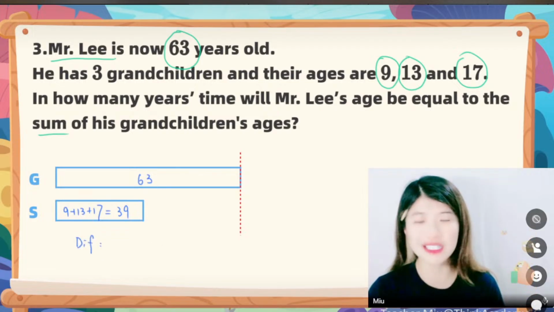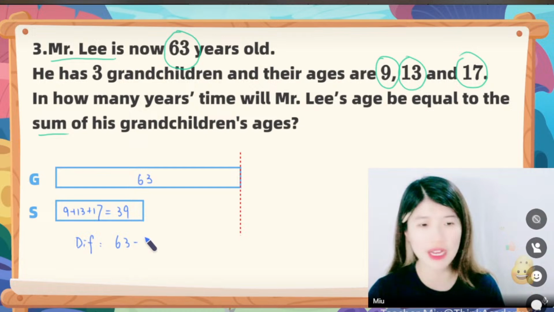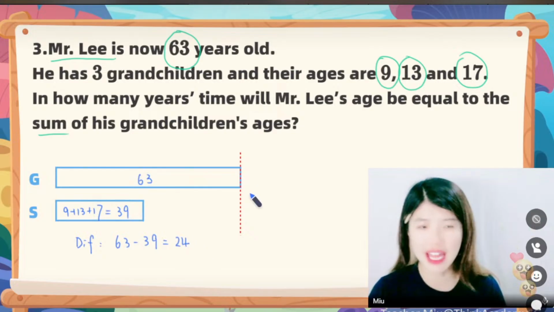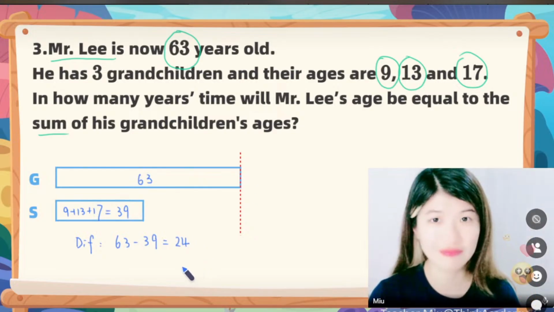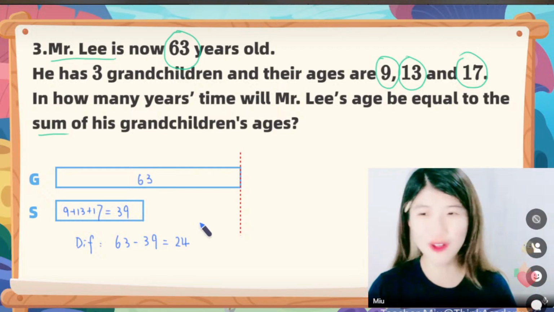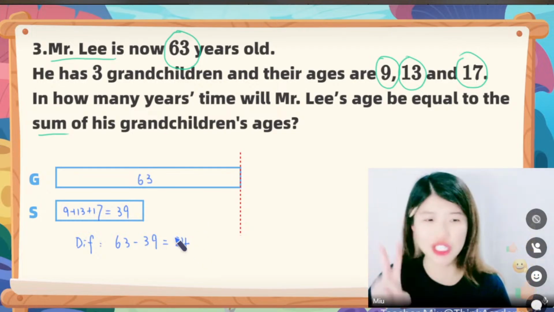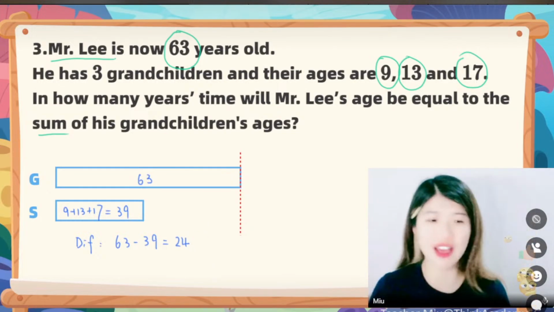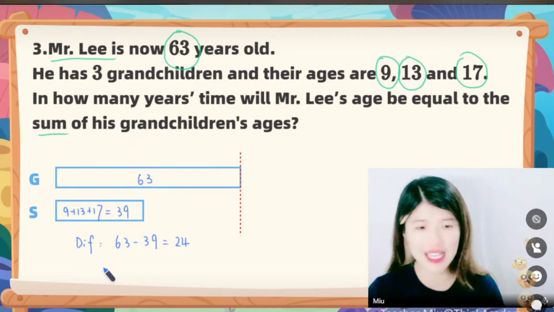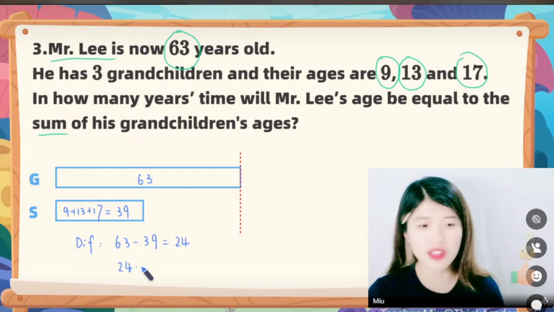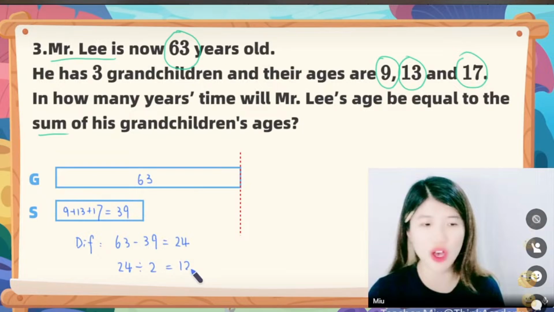So that's when we need to find out the difference first. The difference is supposed to be 63 minus 39. That gives you 24. All right. Can I say it is 24 years later? Don't forget, 2 kids are sharing the gap. 2 kids are filling the gap. So that is actually 24 divided by 2 to find 12